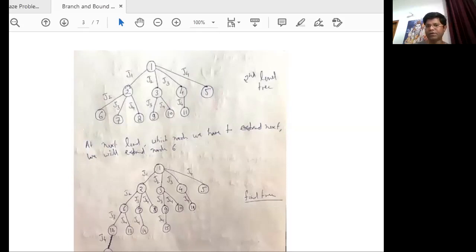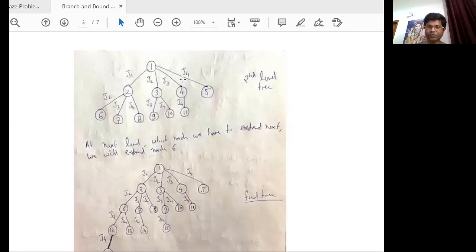After job 1, how many possibilities are there? There are 3 possibilities, because the remaining jobs are job 2, job 3 and job 4, denoted by J2, J3 and J4, and the nodes are labeled as 6, 7 and 8. Now next move to job 2, that is node 3. After doing job 2, we are left with only 2 jobs, job 3 and job 4, because at job 2 it means we have already done job 1 and job 2. So the only possibilities are job 3 and job 4, denoted by node 9 and node 10.